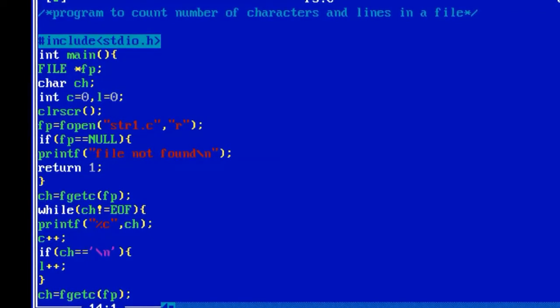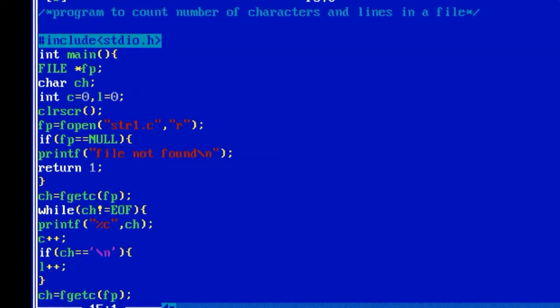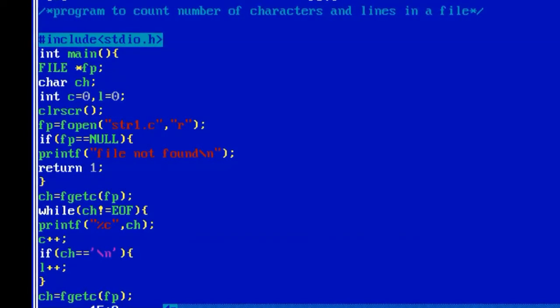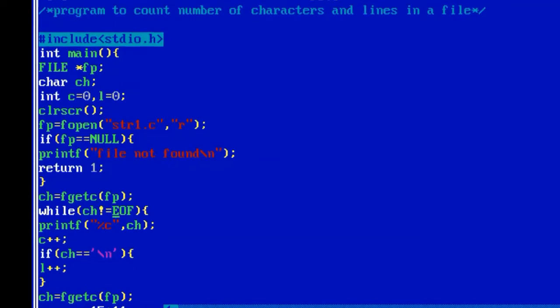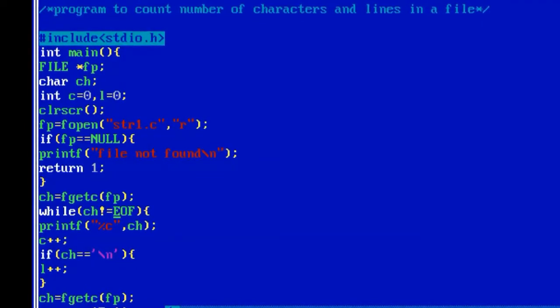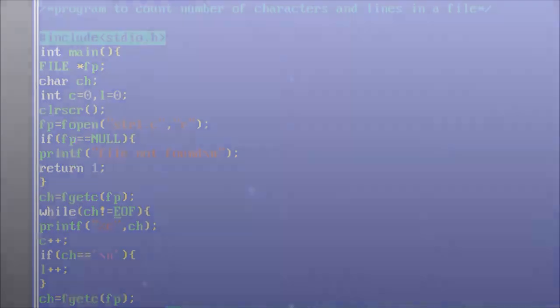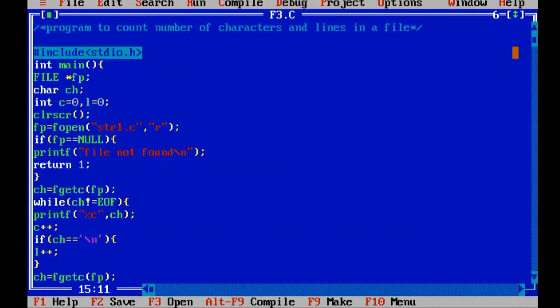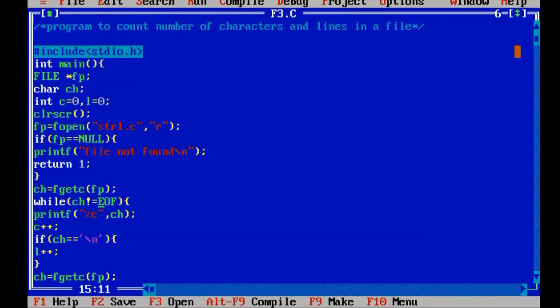Then I am using a while loop, while ch is not equal to end of file. If the first character is the end of the file, that means there is no information, so I cannot count characters or lines, and there is no need to go further. But if that is not the end of the file, then you can proceed.